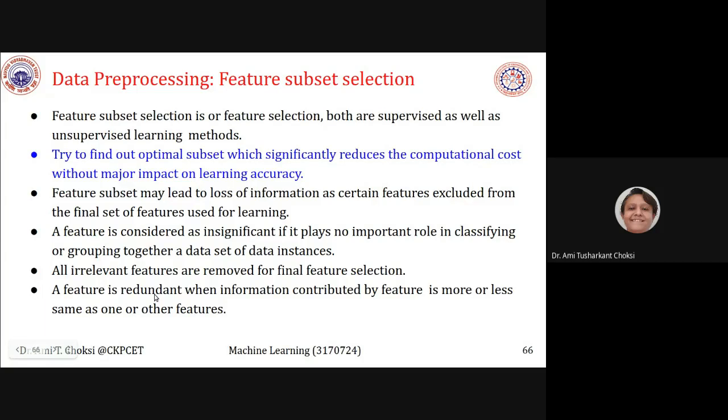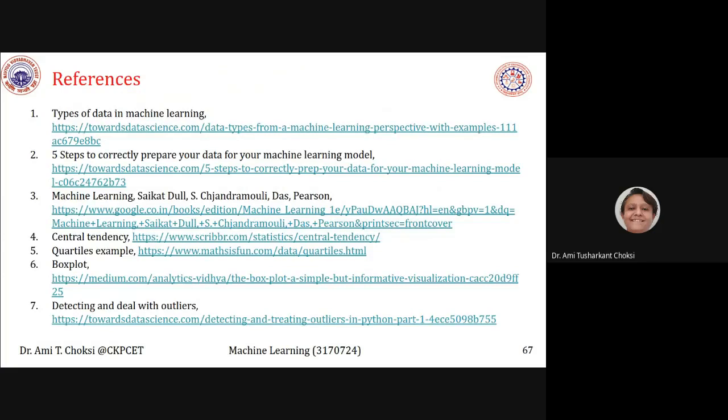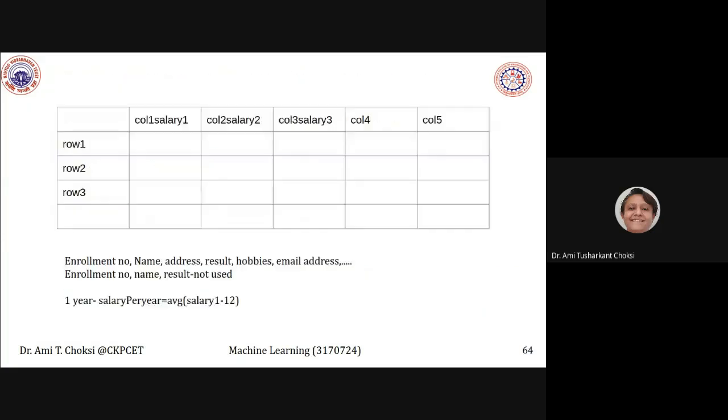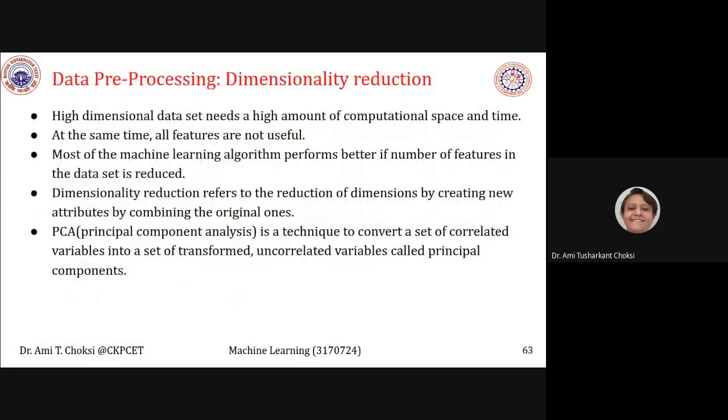Redundant features have similar information, so we can remove them to have data reduction, or feature subset selection. But we can do this only if we are going to get the same or similar result.